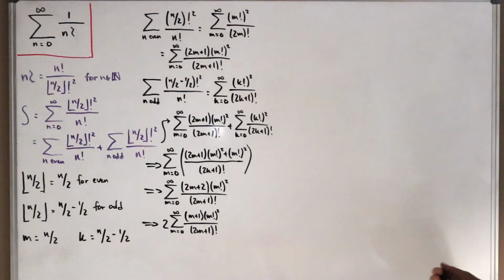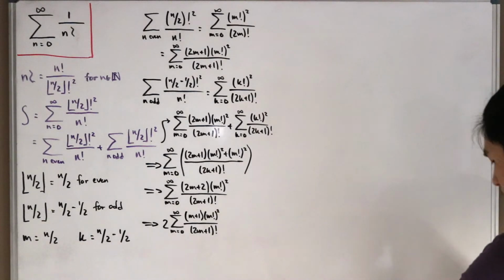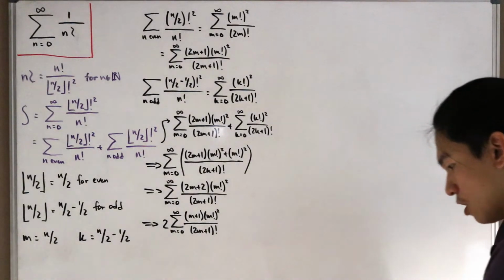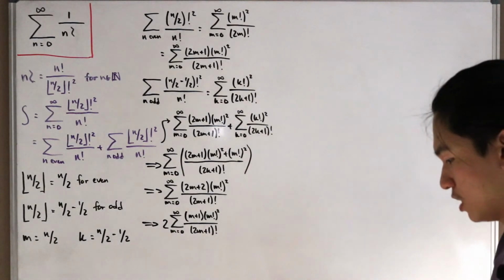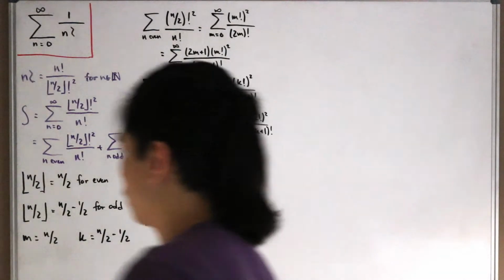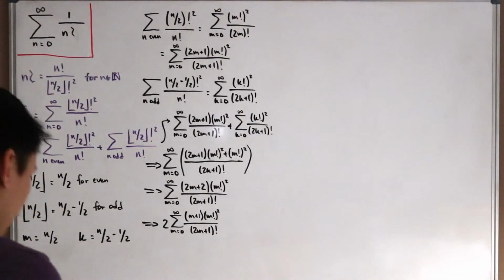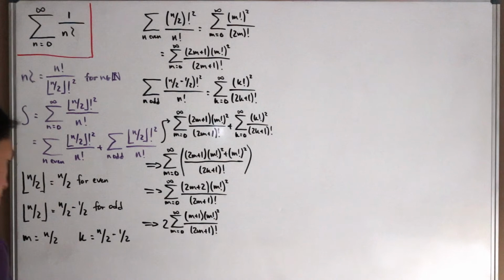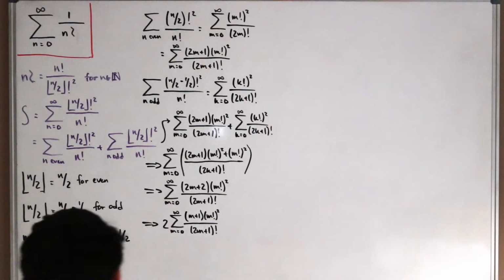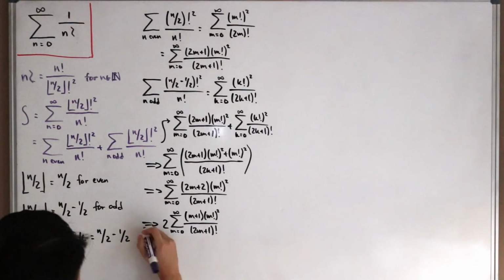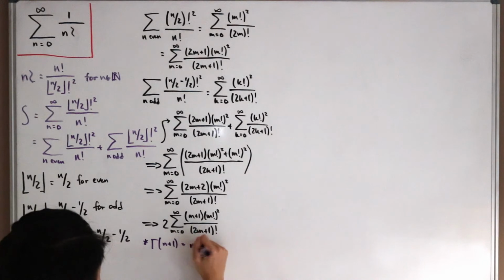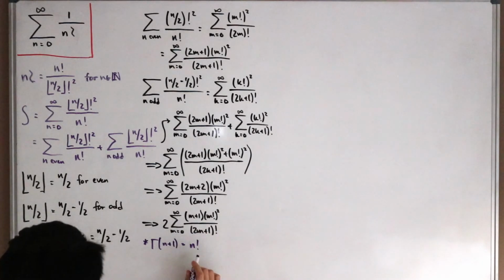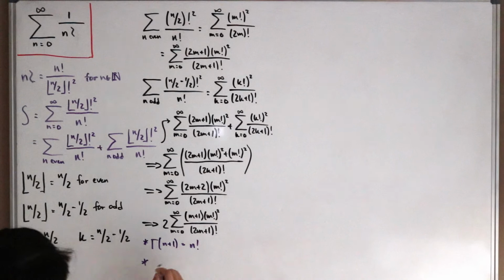So next, what I want to do is we're actually going to use a couple of formulas, specifically the gamma function and the beta function. Let me see if I got room in the bottom. So we're gonna define the following functions over here. The first one is specifically for gamma, and that says that gamma of n plus 1 is just equal to n factorial. And then the second formula is going to be in terms of beta,